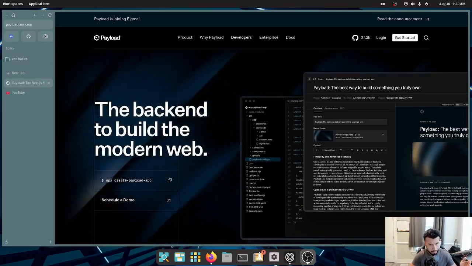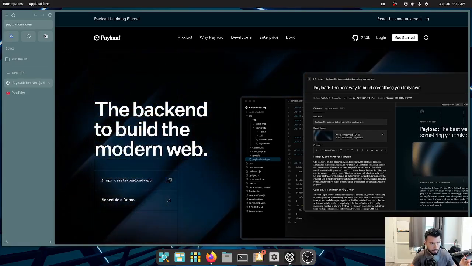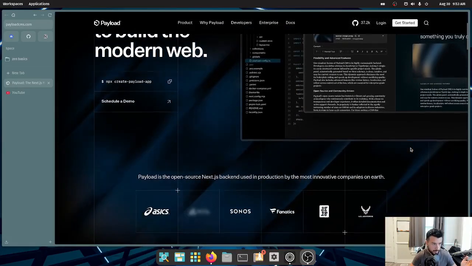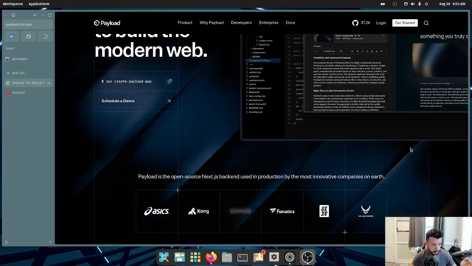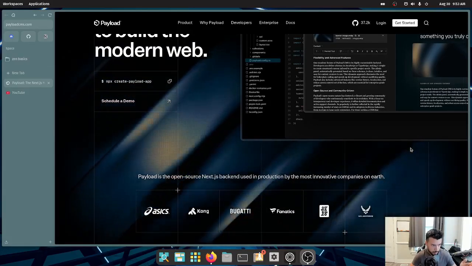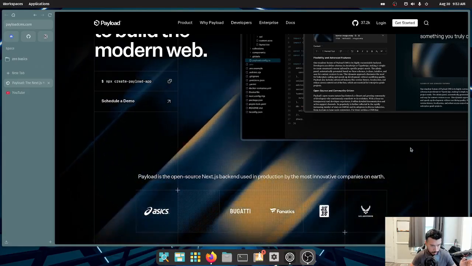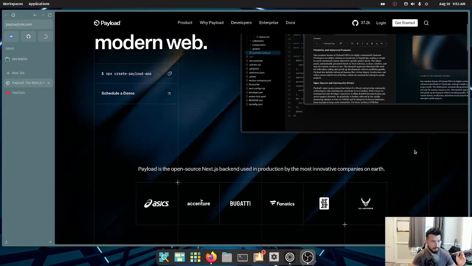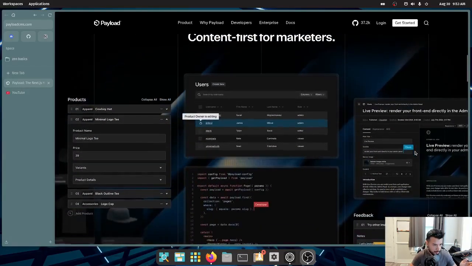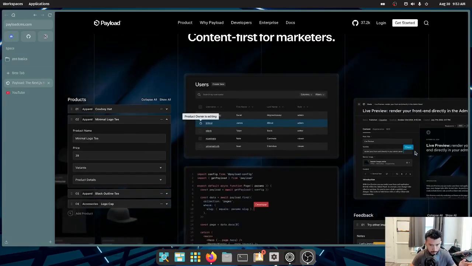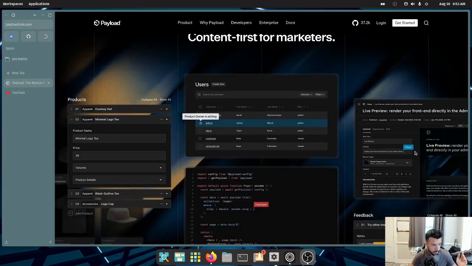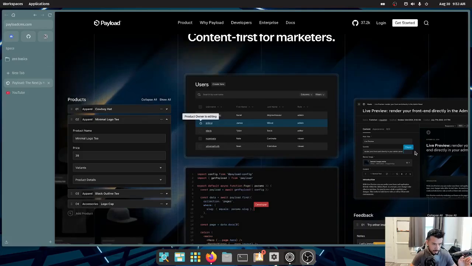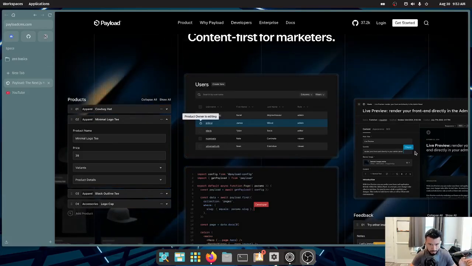So, what is Payload CMS? Payload isn't just another CMS, it's actually a full stack framework that gives you a backend toolkit that you can drop in any Next.js project with a single command line. With Payload, you instantly get a powerful admin panel that matches your data models, and you can customize components with React. You get an automatic setup for migrations, transactions, and indexing, and you get direct database access with the local